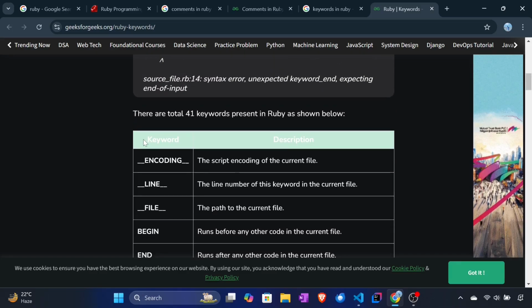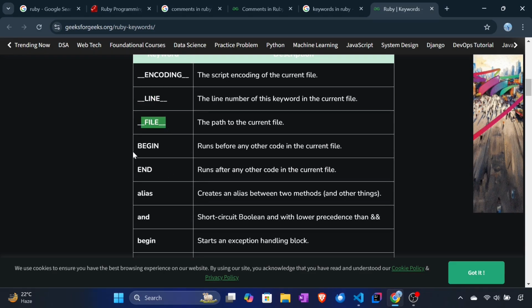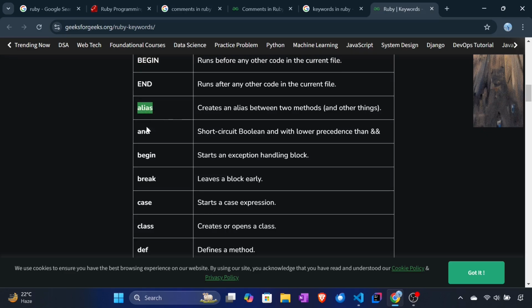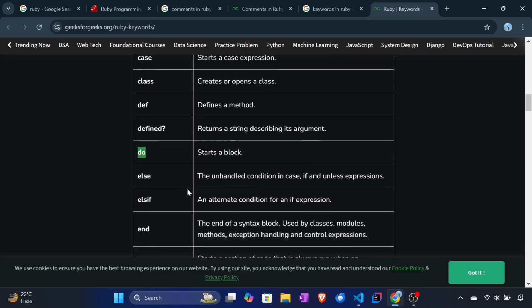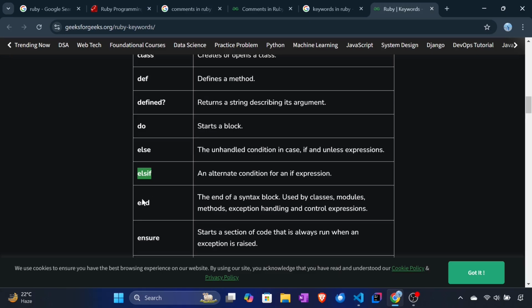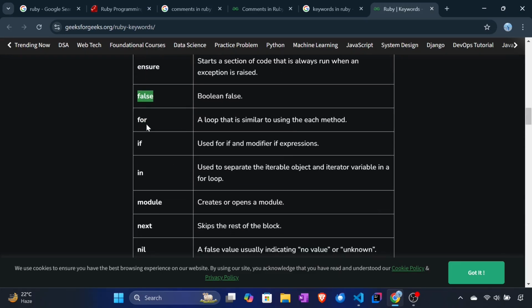There are total 41 keywords. Keyword description: encoding, line, file, begin, end, alias, and, begin, break, case, class, def, defined, do, else, elsif, end, ensure, false,